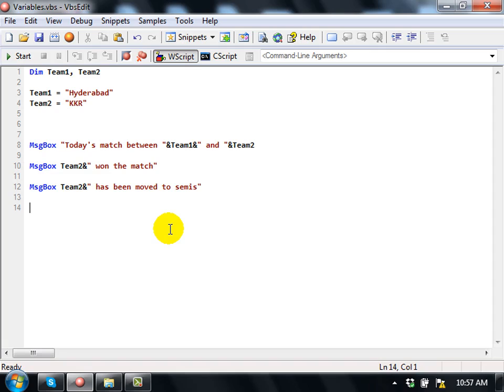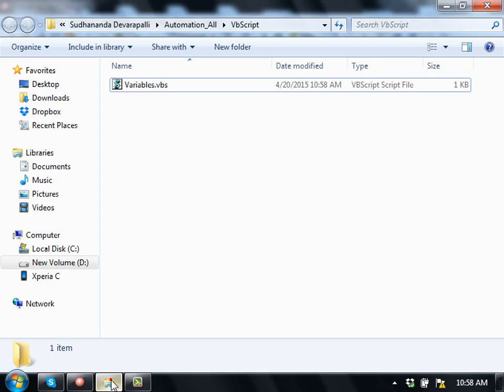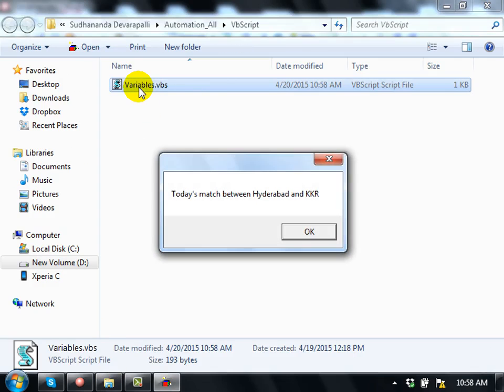So later whenever you are changing the value, you don't need to understand where you have referred. You directly go to the memory where you have initiated it and just update the value there. Once you update the value in that memory, wherever you have referred to it in your program, the updated value will be taken automatically. If you have referred 100 times, then all 100 times it will take the updated value. Now let's see what happens. You can see that wherever I have used team 2,